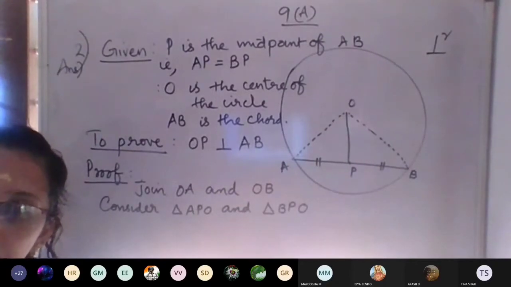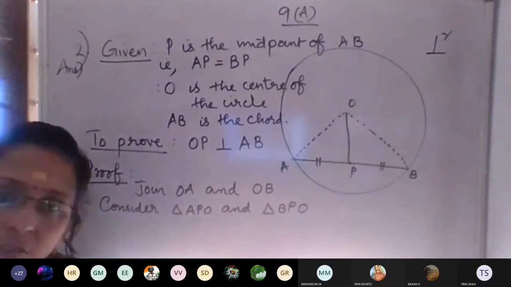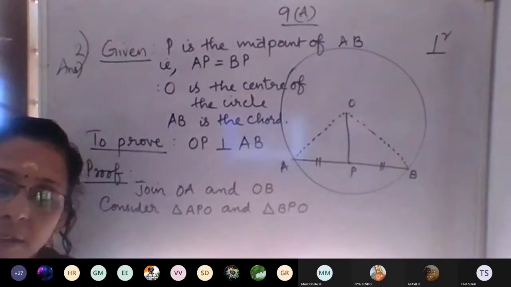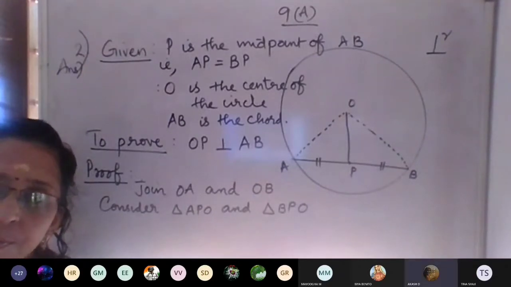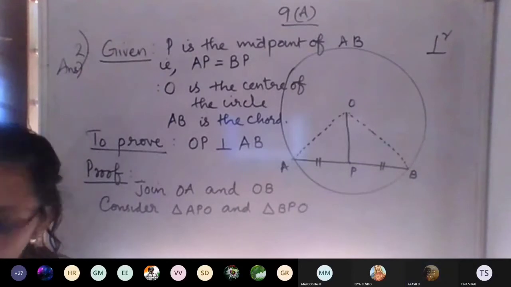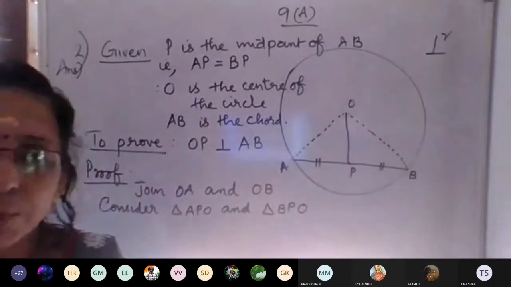The figure is important. You have to draw the figure. Use a pencil and scale. For the things we are joining, use dotted lines. That is better. No need of drawing straight lines, use dotted lines. Completed? Okay.